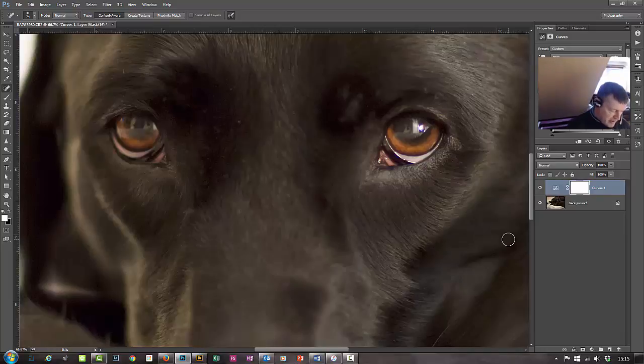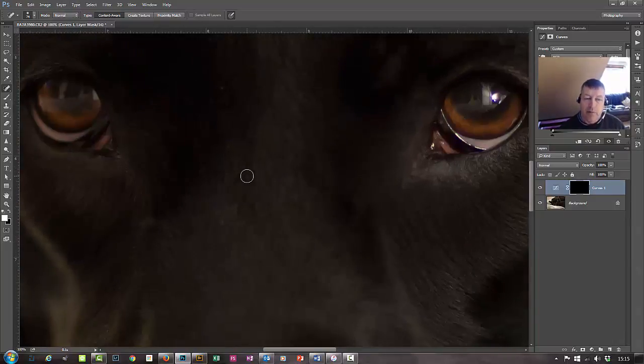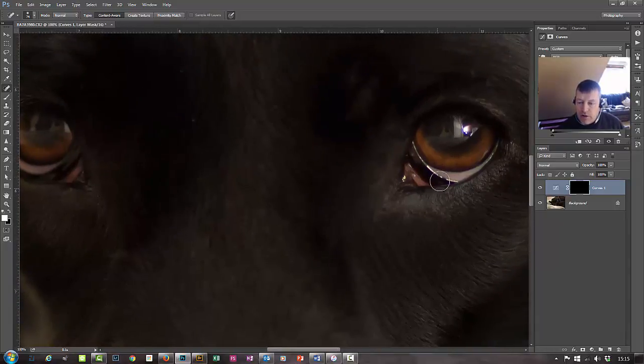We'll invert the mask by hitting Control and I, or you can come up here and hit Layer, Invert, but we're just going to hit Control and I, the keyboard shortcut. And now I've got a brush. I'm going to make a small brush. Let's get the picture just a little bit bigger. It's going to be a small brush and quite hard, so maybe just about 10 pixels here. And all we're going to do is, on the layer mask that we just